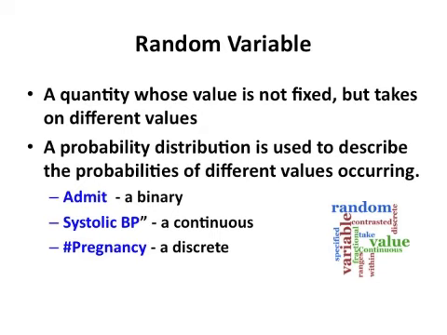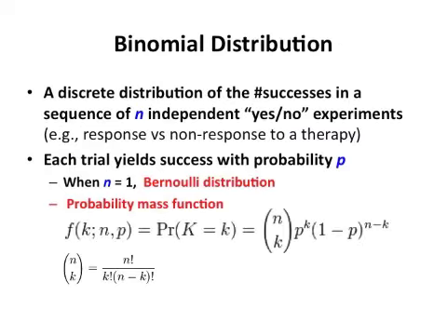And systolic blood pressure is a continuous random variable. Number of pregnancies is a discrete random variable. Okay, so the first important distribution, the very popular one we encounter, is a discrete distribution describing the